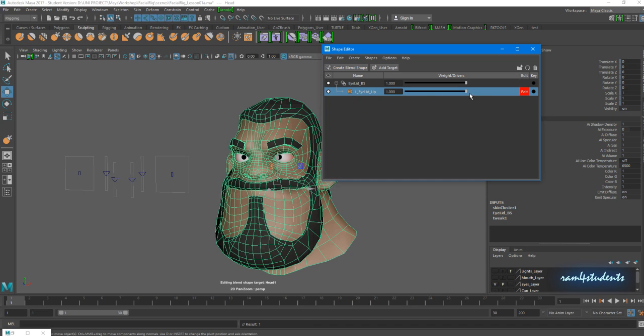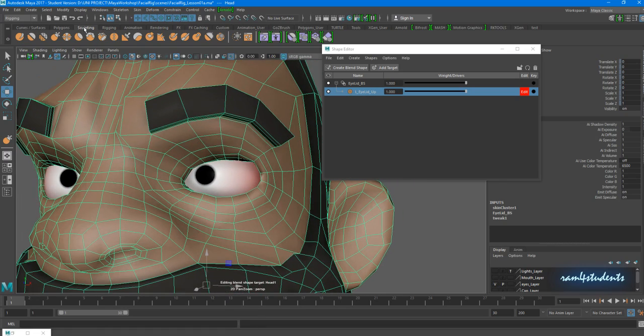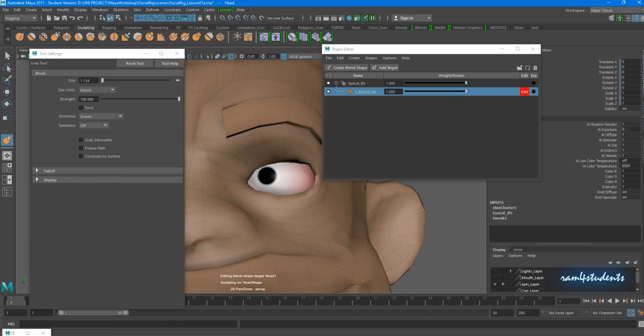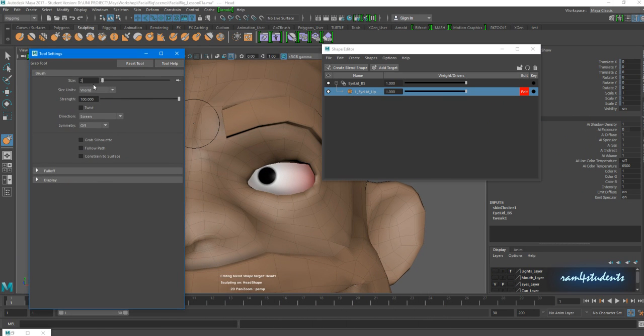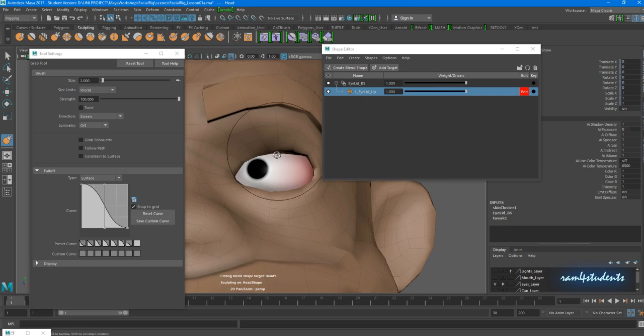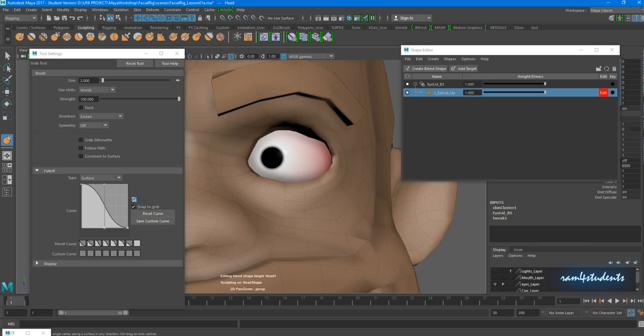Okay, once it is done, I'll zoom in here, go to sculpt, double click on grab tool. This is a grab tool. Change the size so that you can set it. The next thing is in falloff, go to surface, because when I'm moving the upper part, it will not affect the lower area. Okay, that's the only thing. Now up means I want to move it up like this, wide open,